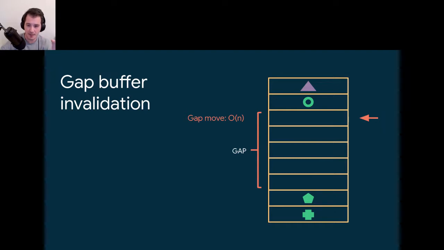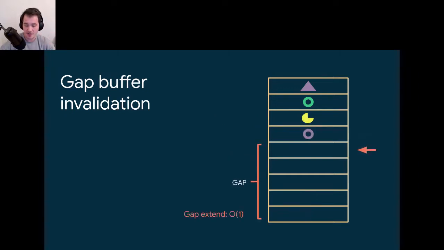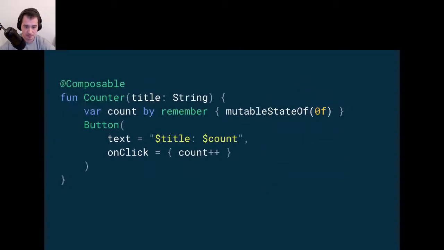So we can move the gap, and then we can insert more in between the items, right? And then we can extend the gap, removing something from below it, which is also a constant operation. So the only expensive operation is the gap move, which means that we need to insert somewhere in the middle of the UI, and the rest of the UI below probably is not worth anything anymore. So we need to clean it up. So it's all very abstract, not really applicable to a real use case.